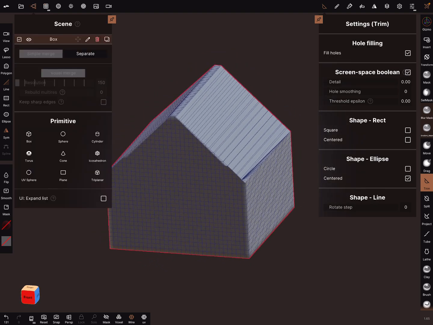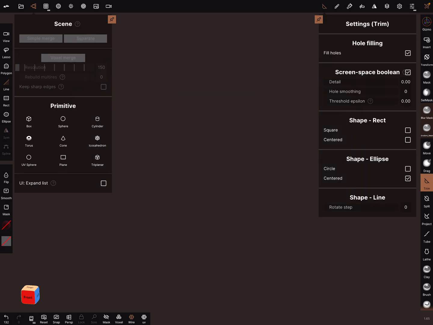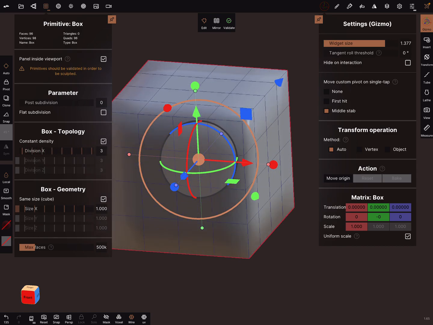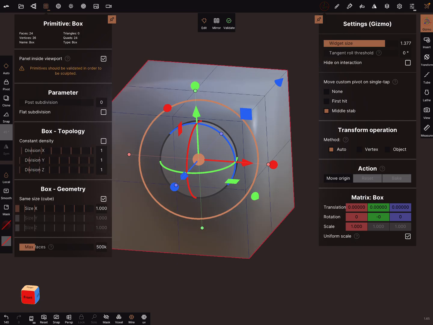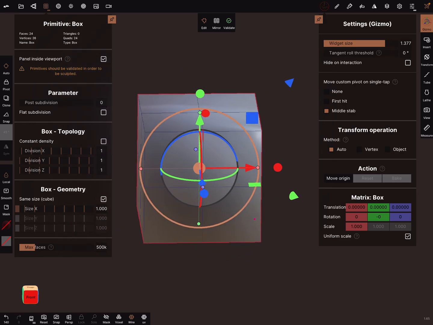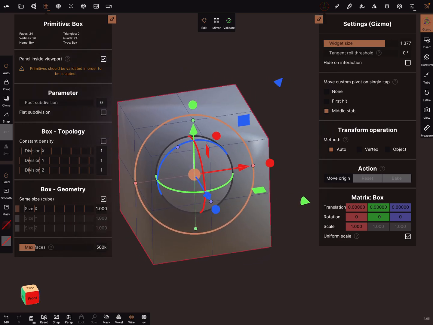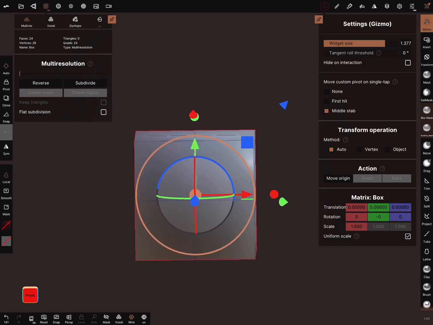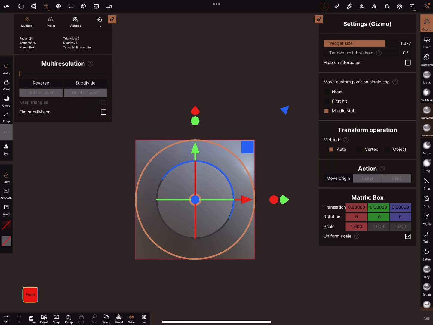Okay, to do it better, you also need a box, but keep the division very low. Here 1 is a good division, and now you can validate this object. And now it's easy to adjust it.